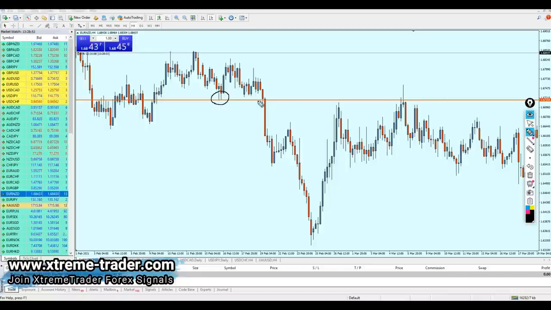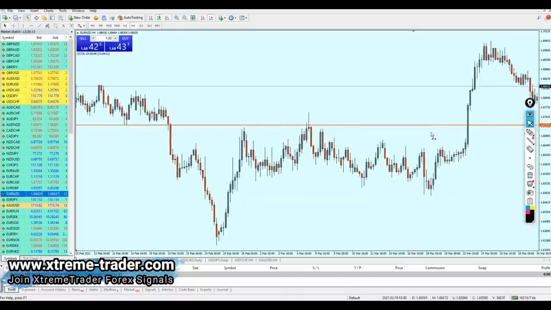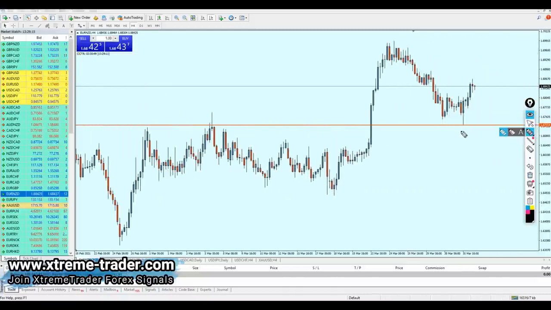Notice that the line is also, of course, touching the same resistance level we talked about. But this support line is perfectly fitting with the support pattern, as I have mentioned before. So the horizontal line is touching both of the tails of the support pattern. And what do you see next? Check that out. This is not only a perfect entry, this is the entry that you always want to aim for.